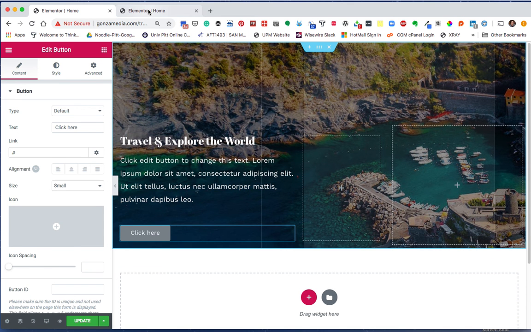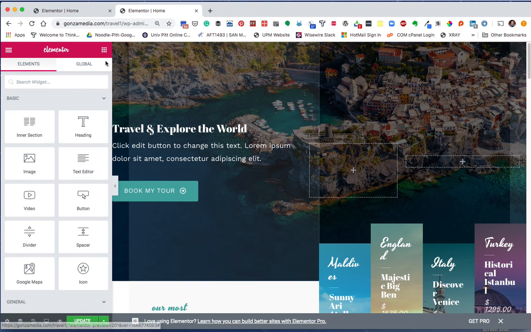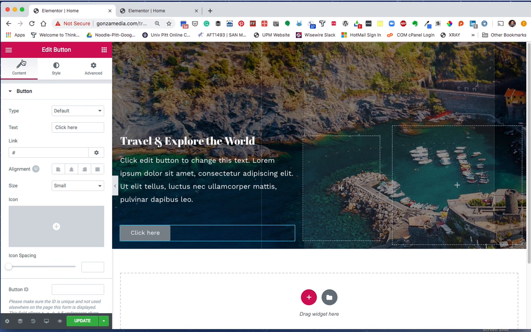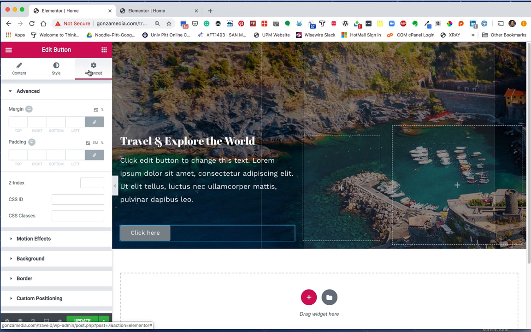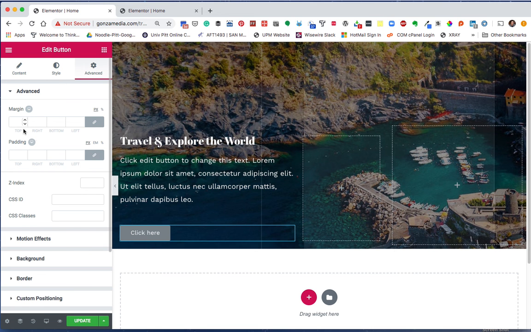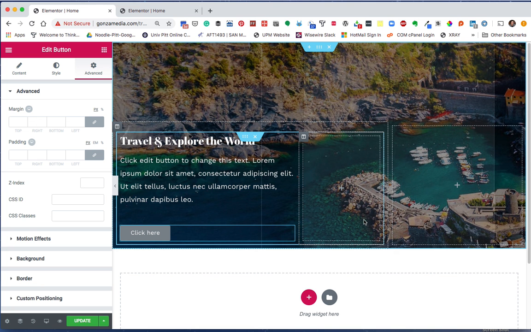And notice that the color is different. The color is that blue color. That's the default color. So we're going to click on the button. Notice that for every widget element, there's a content, a style, and an advanced. So in the advanced, you can adjust the margin and padding to move this from the top down or to the right or to the left. And in this case, we're going to change the button color